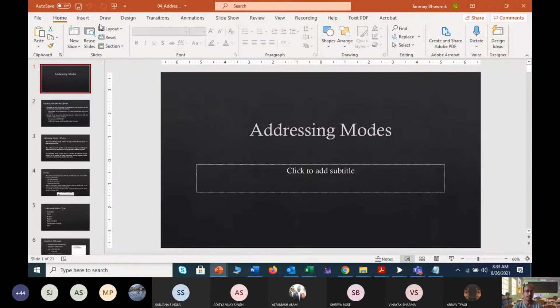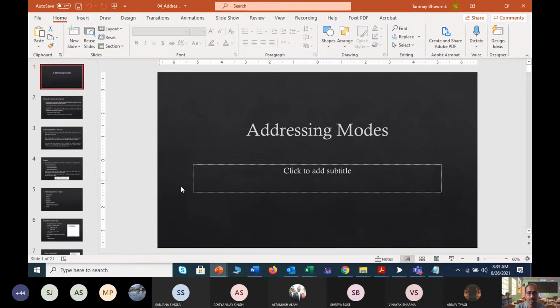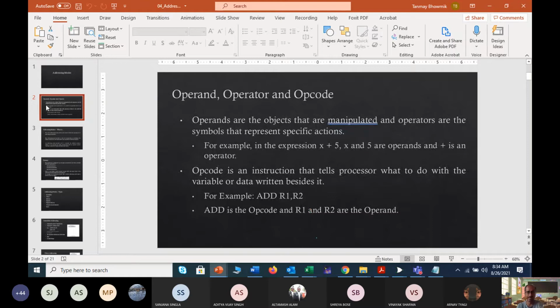Okay, so let's start. I will start from addressing modes, and I will continue in the usual way. I will keep these slides in this format because I have to write lots of things in between. That is why I am using this non-presenting mode. Once we start the addressing modes, some basic discussion is required. Again, I will not say too much about this type of text.